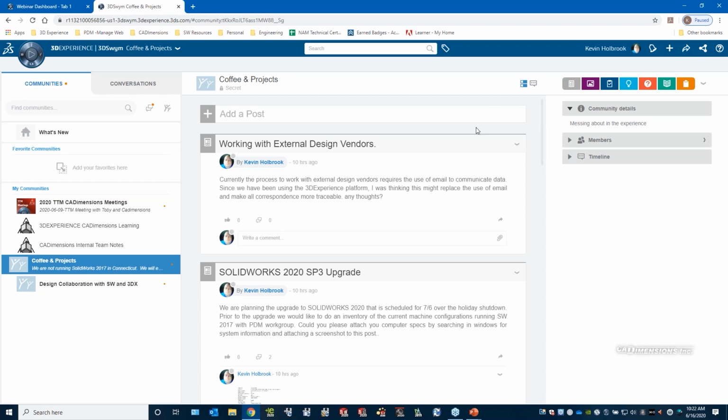see. Now, within communities, it's pretty simple. Off to the left, I have a list of all the communities that are available to me. Communities can be secret, meaning only available to Kevin,